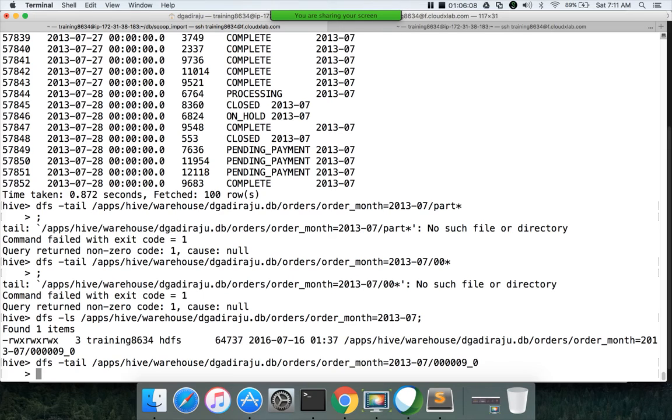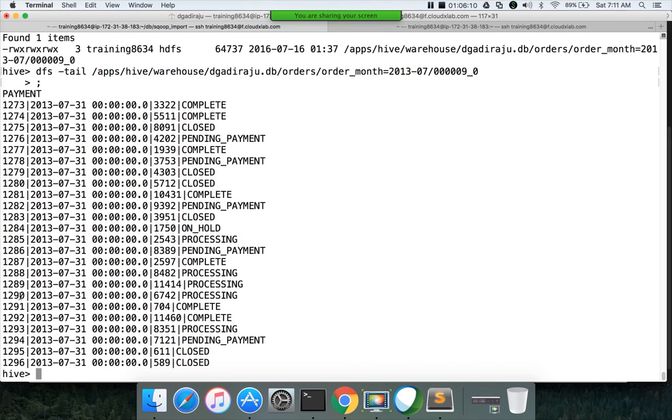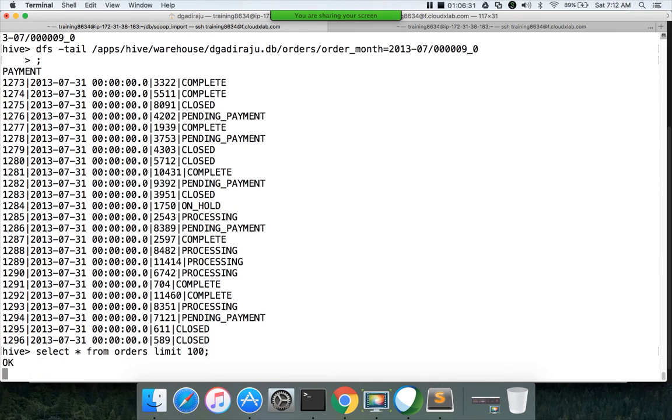Now when you tail, if you count the columns here, this is the first column, this is the second column which is order date, this is the third column, this is the fourth column which is order state. But you didn't see the data for order month here. But when we query the data, it is showing five columns.